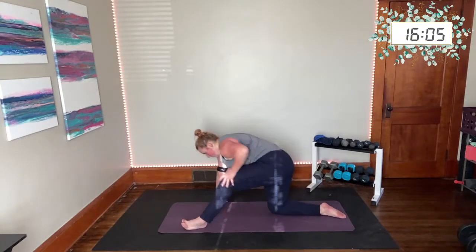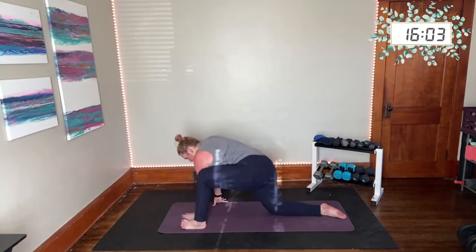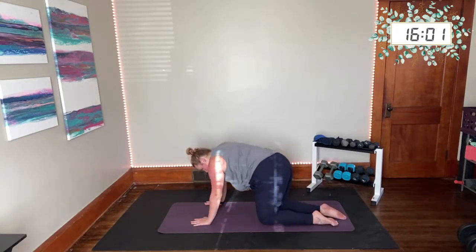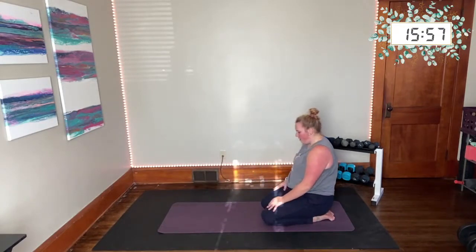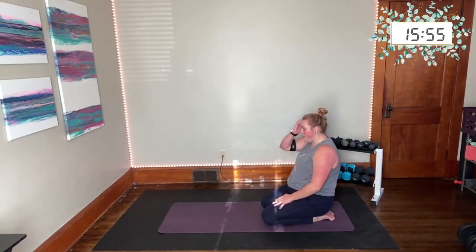And shift your weight forward again. Take your hands to the mat, step the right foot back. And just walk your hands back, coming to kneeling. Now we're going to do